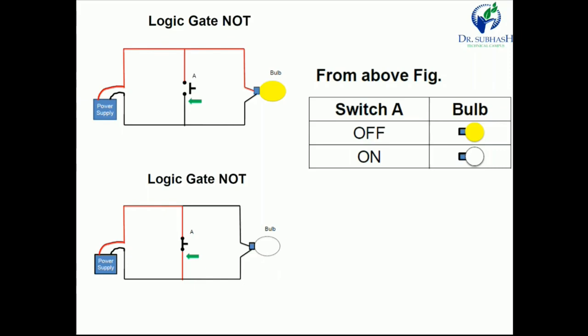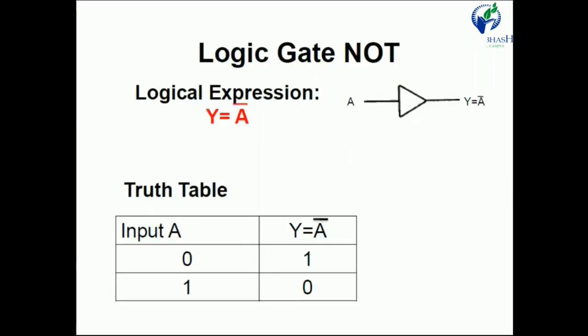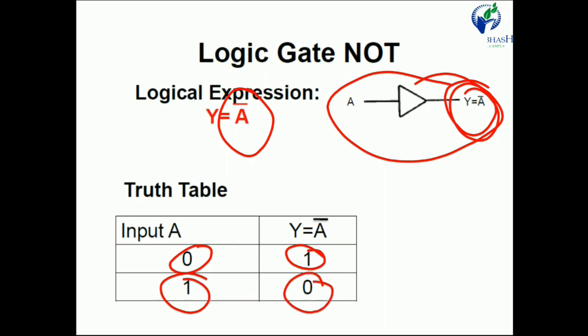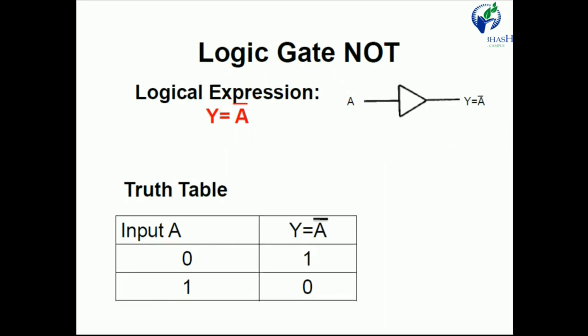So this one is about the NOT gate, and when we want to draw the table, it is like this. This is the symbol. A is the input, Y is A bar. This means the inverting terminal: whenever we give 1, the output is 0, and whenever we give 0, the output is 1. This bar indicates that our output is exactly the opposite of the input. So when we draw the truth table, input A is 0, then output is 1, and when the input is 1, then output is 0. So this one is about the truth table of the NOT gate.